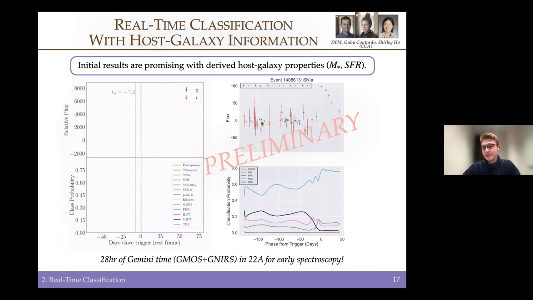It's trying to read something into the noise of these non-detections, and where there are data gaps, it relies more on the host galaxy information. In this case, it's reading from the non-detections, and it says it might not belong to a type Ia, and then you have the data gap where the derived properties tell you you're more likely to be a type Ia. You get non-detections and it says maybe not, and then you have the real detections and it says, okay, it turns out you're a type Ia supernova.